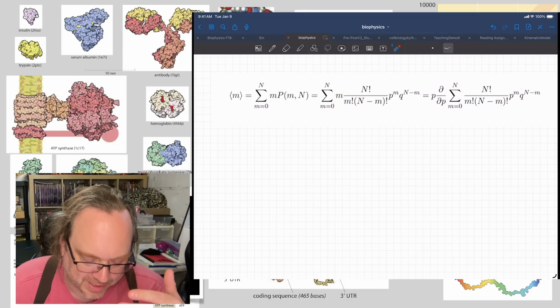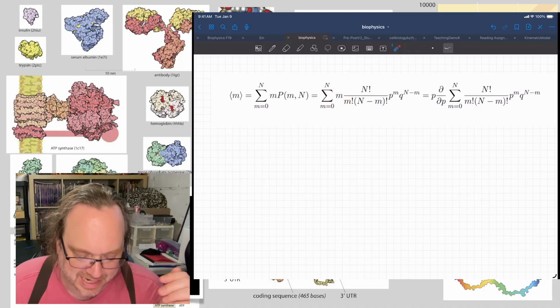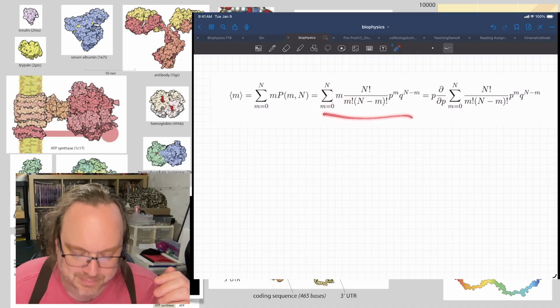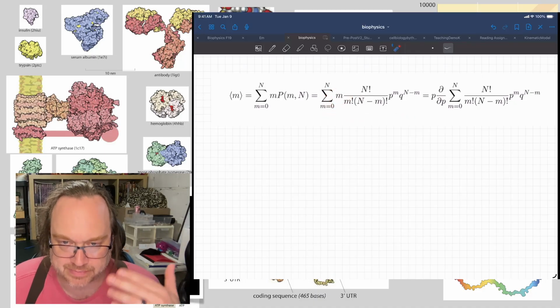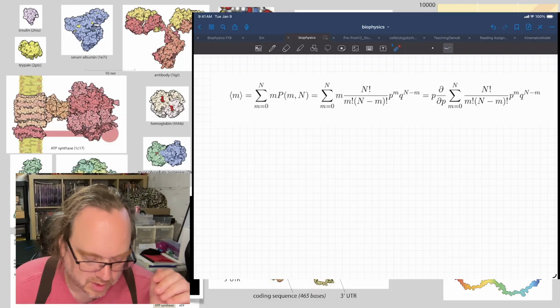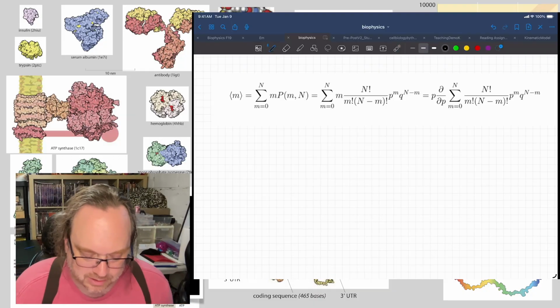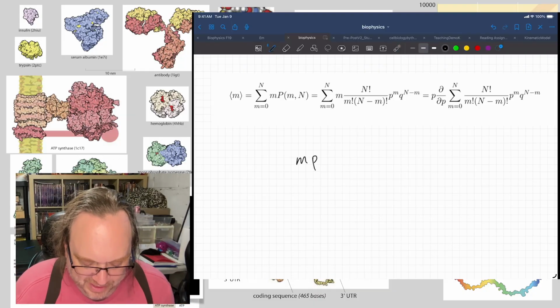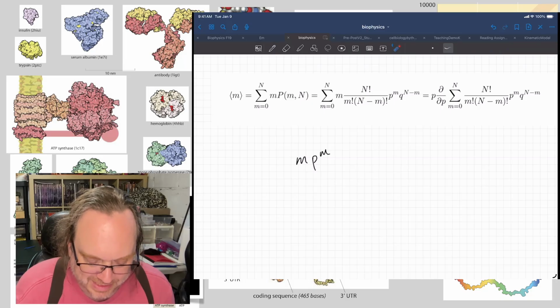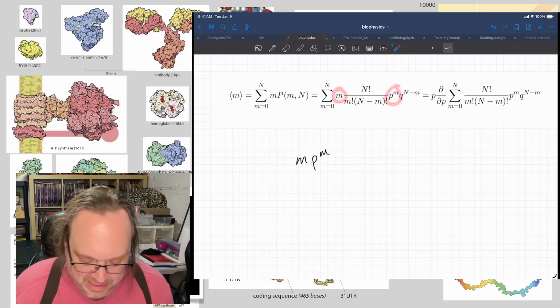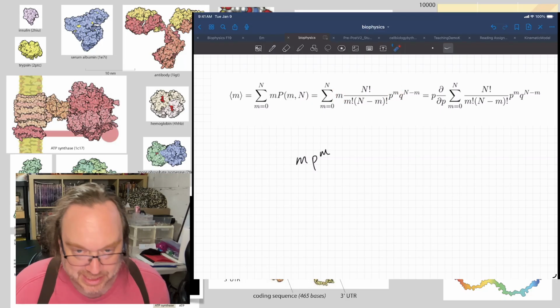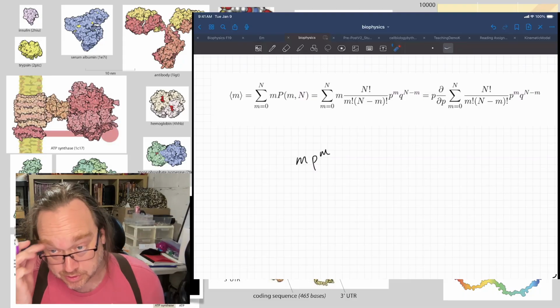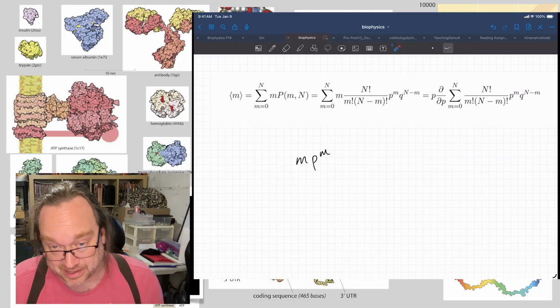So the point is we want to try to get rid of this m and turn this sum into something that we know. Turn the sum into something that's easy to do. Well, let's just take a look now at what we have. We've got m p to the m, right? That's this m, that's this p to the m. And the question is, can I do anything to get rid of this particular value to make my life a